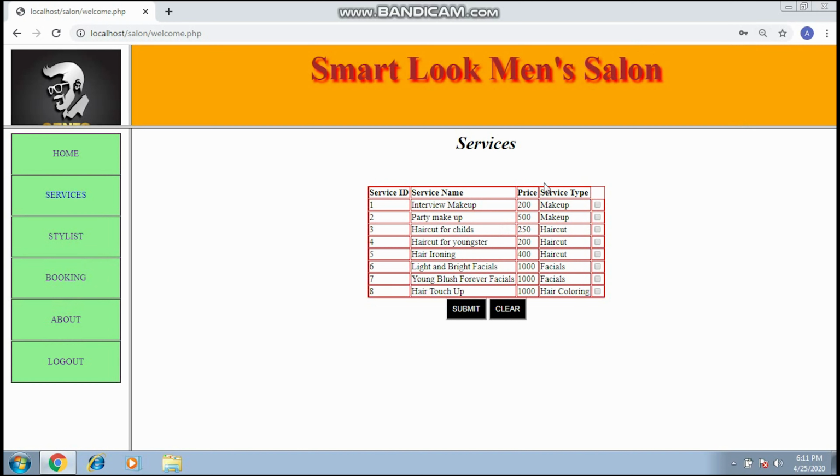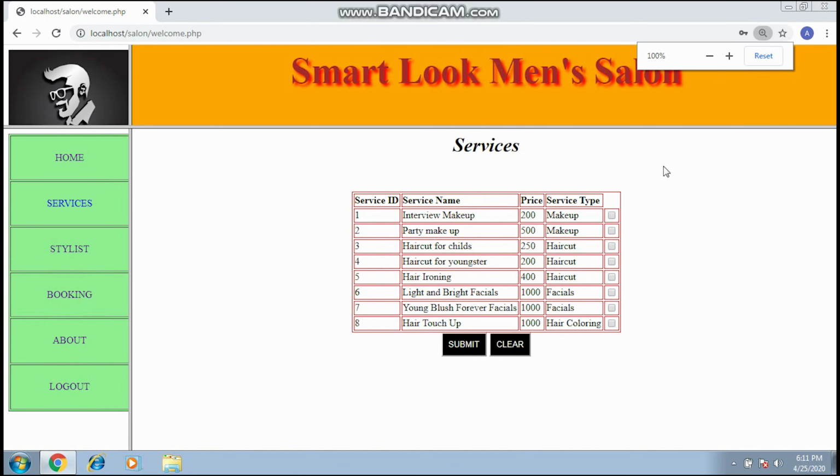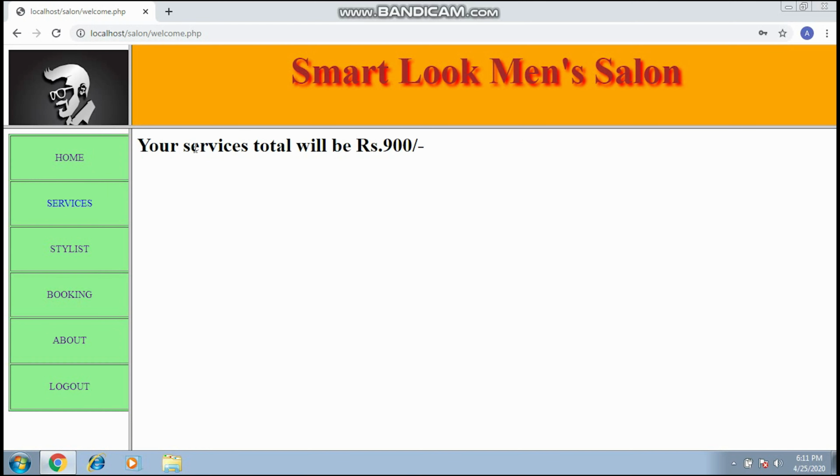So, you choose the services that you want to go for. And when you click on submit, you get acknowledged with the total amount of rupees that you will spend.